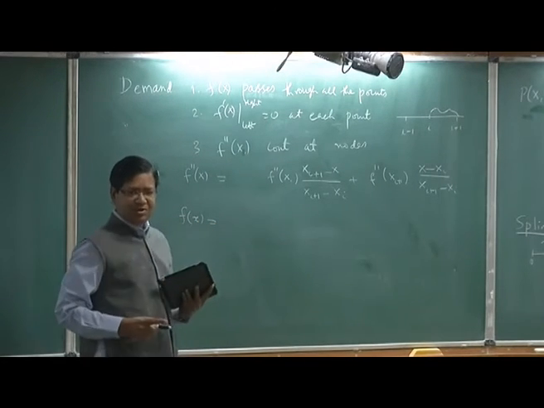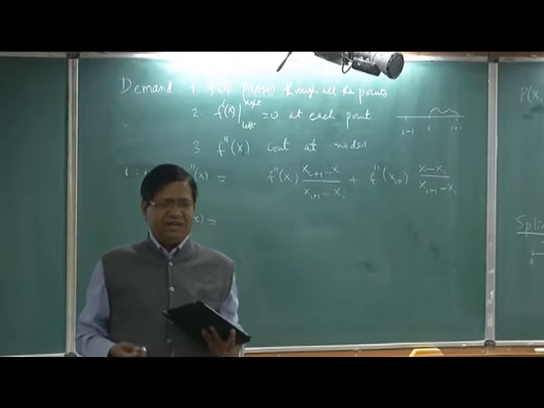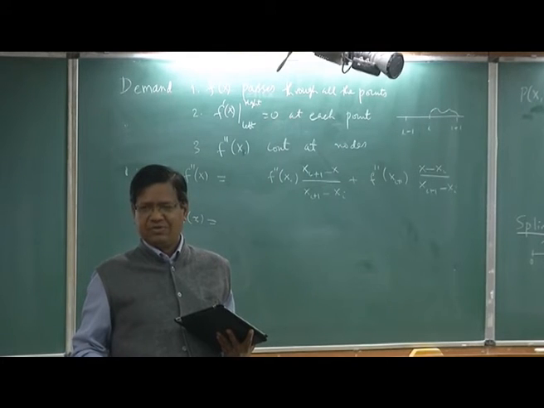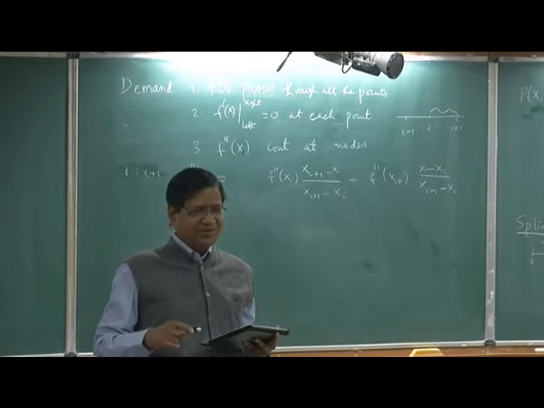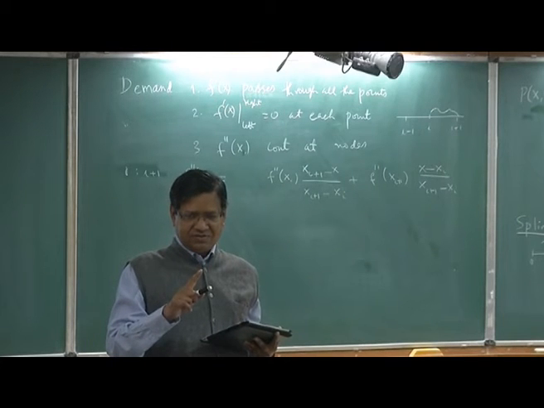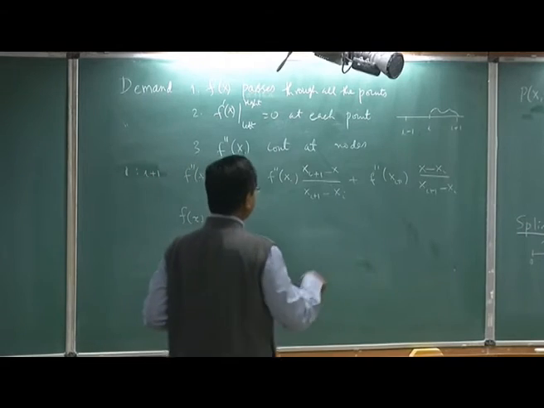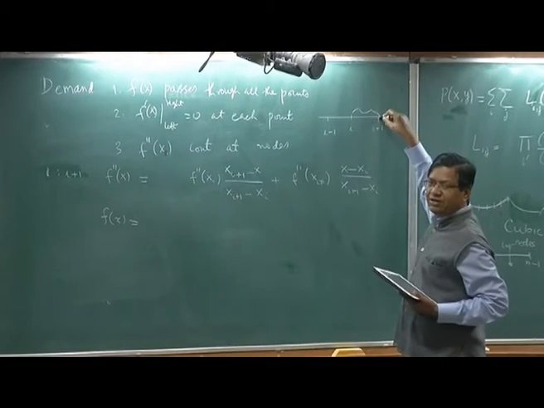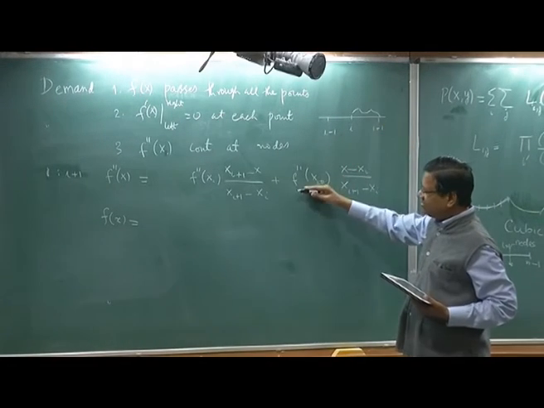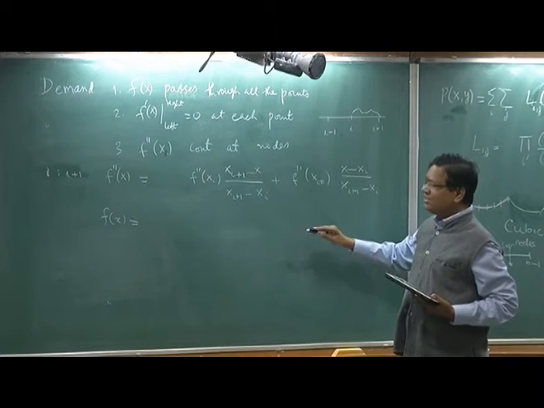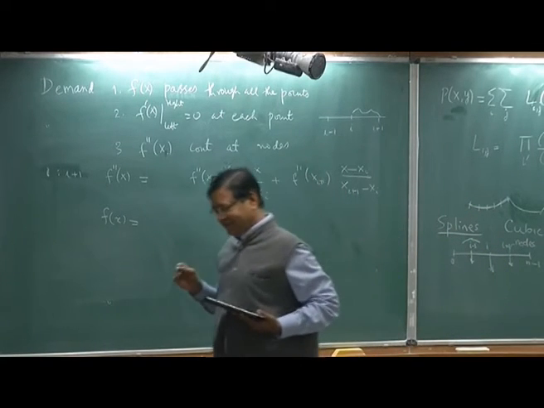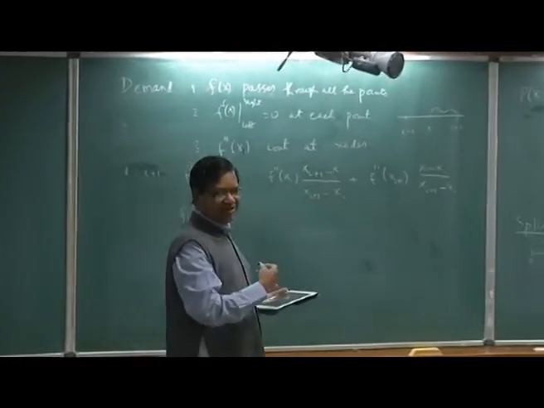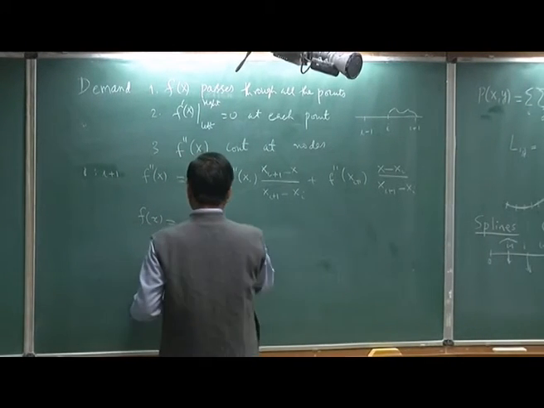But we demand one more condition, that f of x must pass through all yi. If you put that condition, it's a bit of algebra, so you'll have two unknown coefficients. How are they fixed? They're fixed so that at xi the value of the function is yi, and at xi plus 1 it is yi plus 1. So you just integrate twice, and I will not do the algebra; I just write down the function.